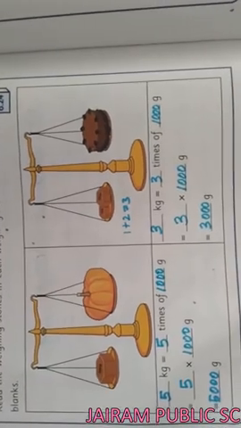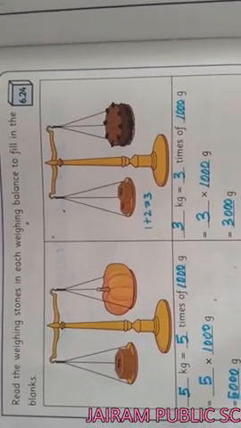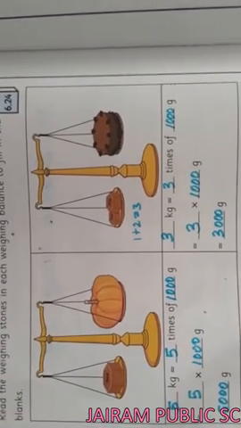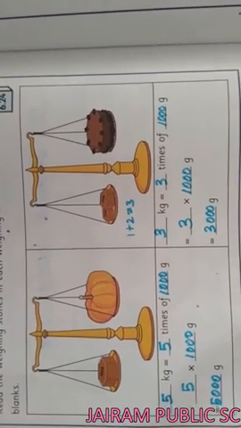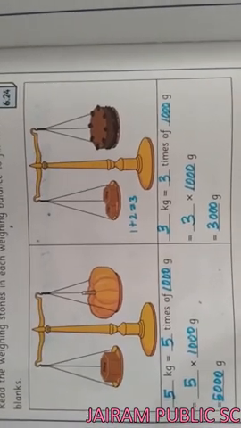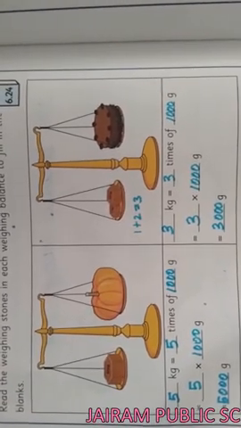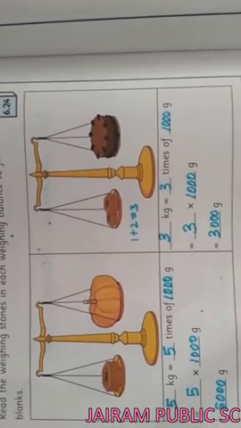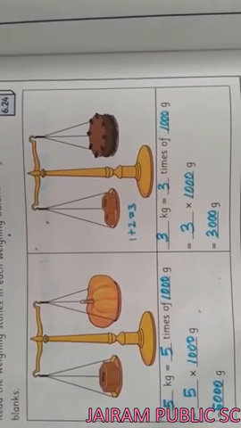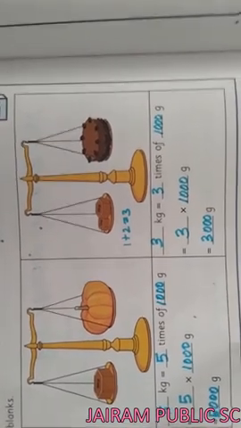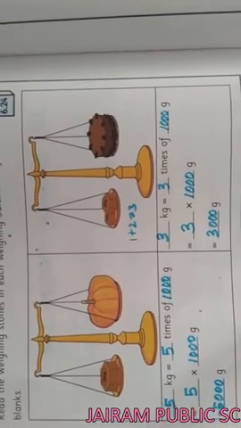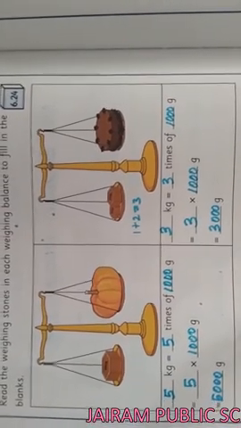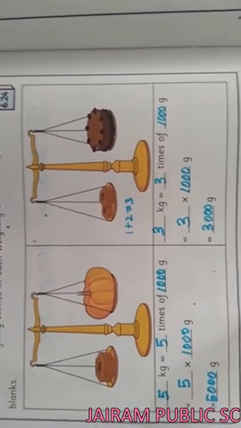That is all for today's session, children. In today's session we discussed how to compare the measuring cups with the big vessels, and how many measuring cups are used to fill the bigger cup. Then we introduced a new topic, how to measure the mass of an object in kilogram, gram and milligram. Then how to convert kilogram into gram. These are all the topics we discussed in this lesson.